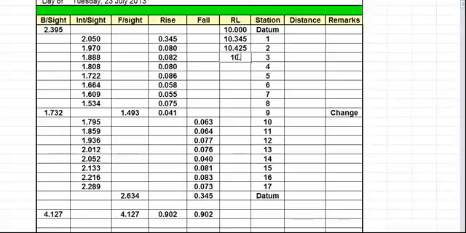It's going to give us 10.507. 10.507 plus 80 mil is 10.587. 10.587 plus 86 is going to be 10.673. 10.673 plus 58 mil is